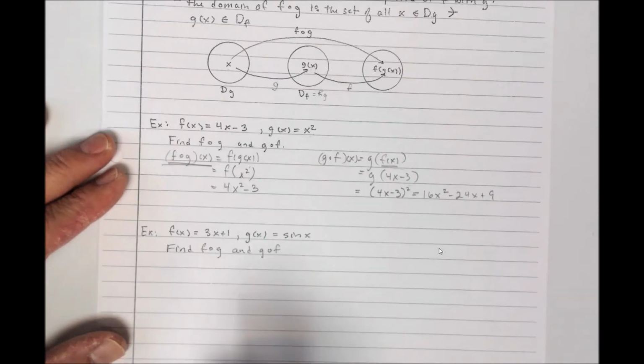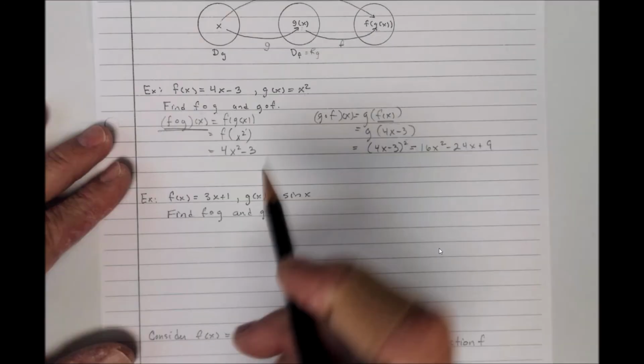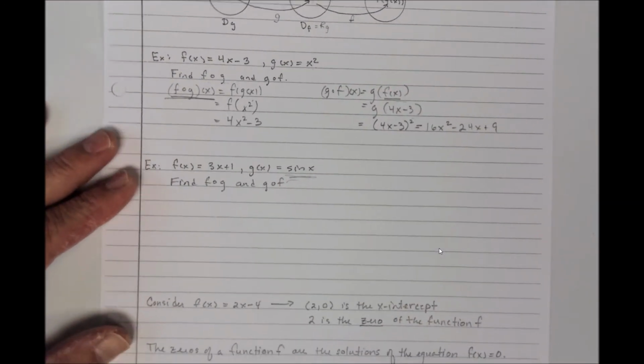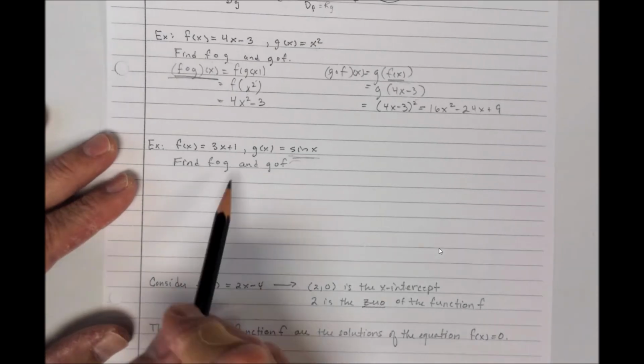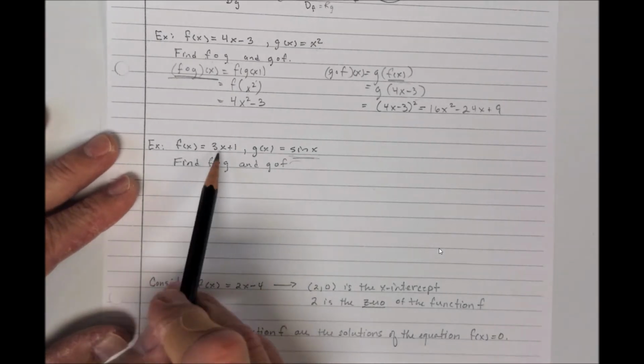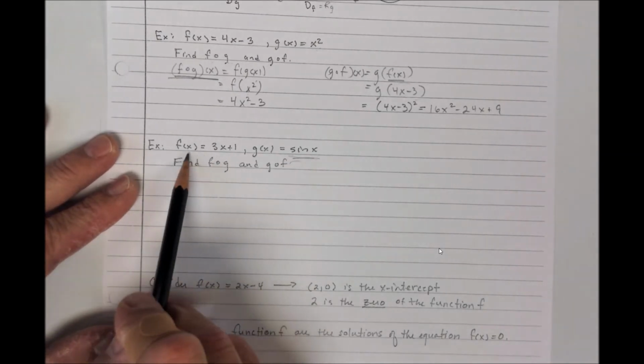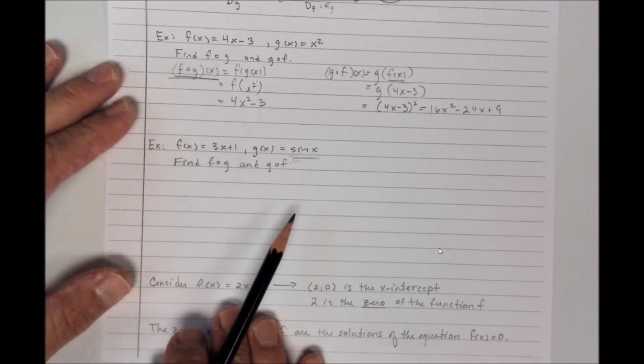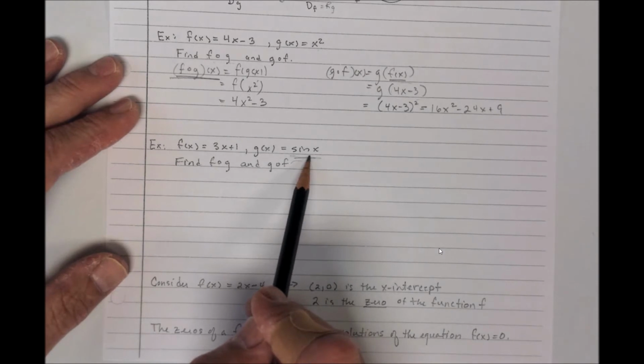There's another couple of examples. Throw in a trig one. Now we're going to do a lot more trig and review of trig in the next section. But we had this not that long ago, back in pre-calculus, so we can probably deal with it a little bit. f of x is equal to 3x plus 1, and g of x is equal to the sine of x. So f circle g